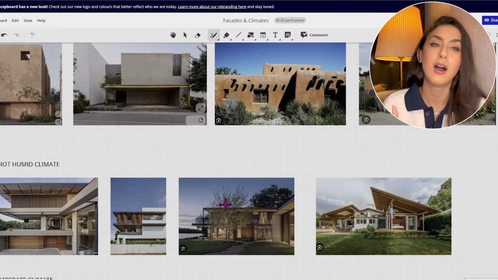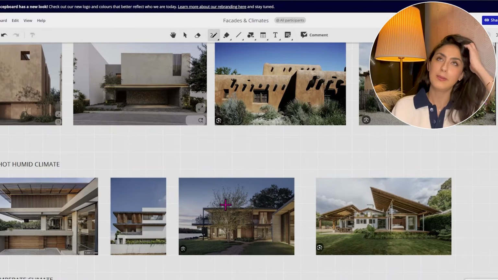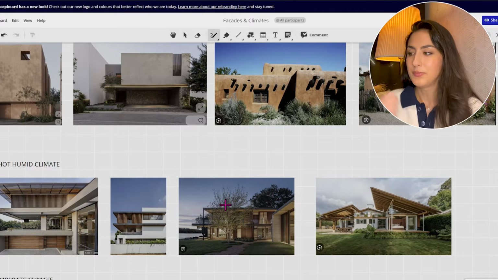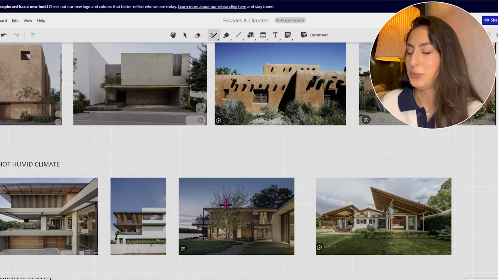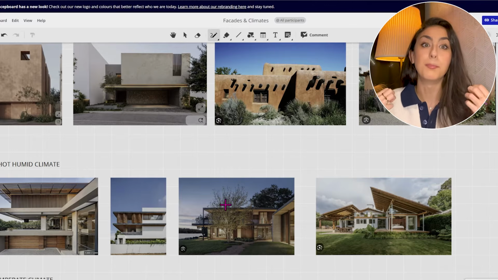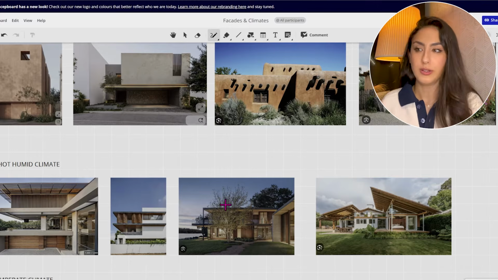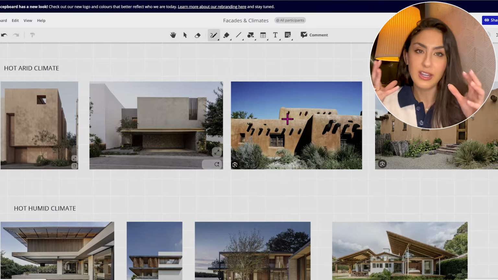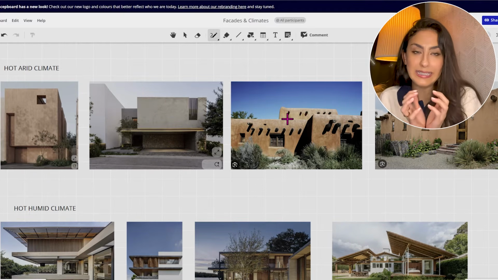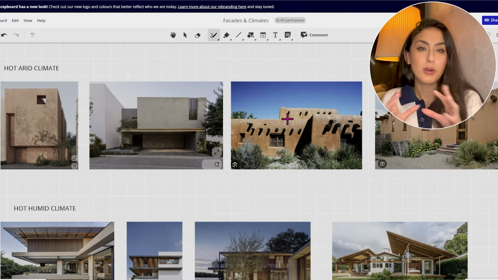Now I'm going to move to the hot humid climate. And hot humid climate is, like I said, Miami, Hawaii, all these super thick air places, and I just cannot stand hot humid climate. But what you want to do in hot humid climate is you just want to let the building breathe. If everything we were trying to do in the hot arid climate is to suffocate the building, to not let any air from the outside in, because we want to keep our cool inside, for hot humid climate we want to do the opposite. We just want to open it up and just let the building breathe, because the biggest